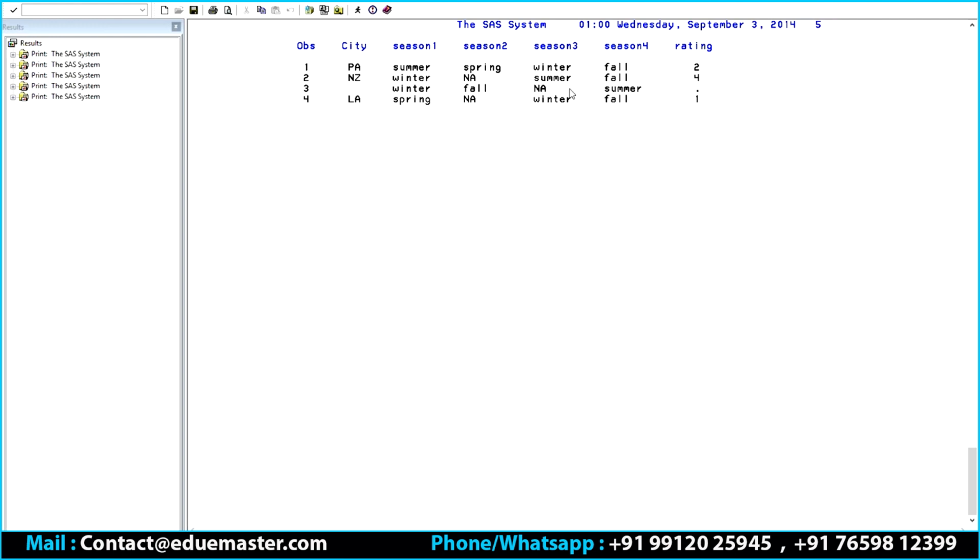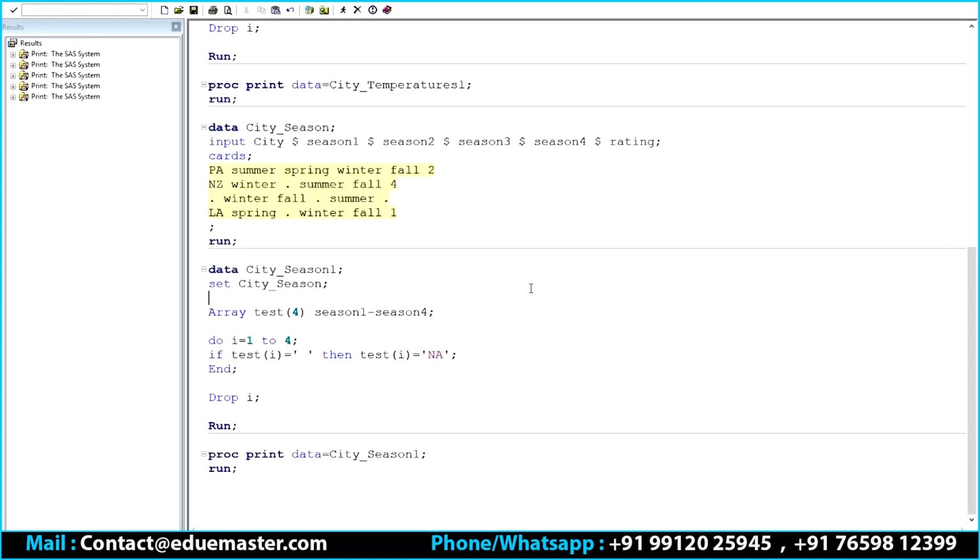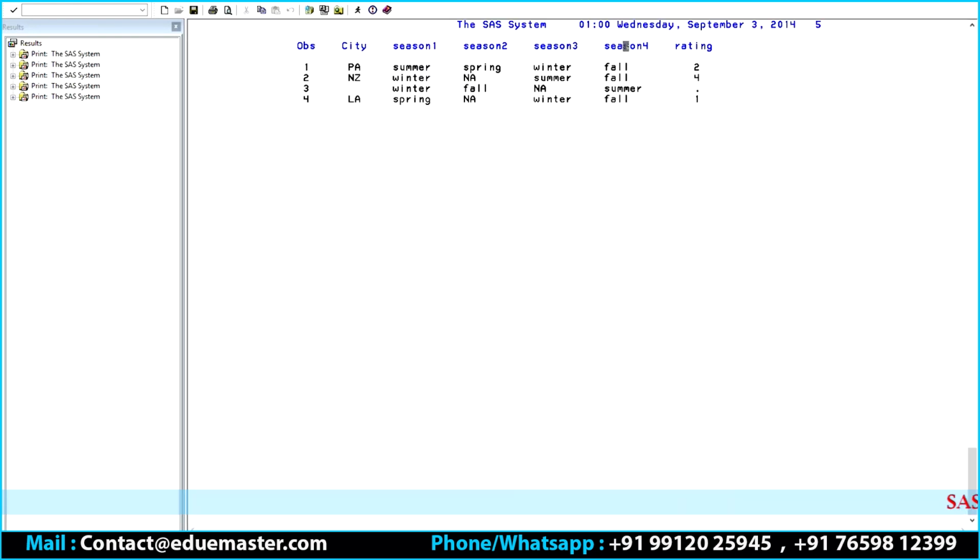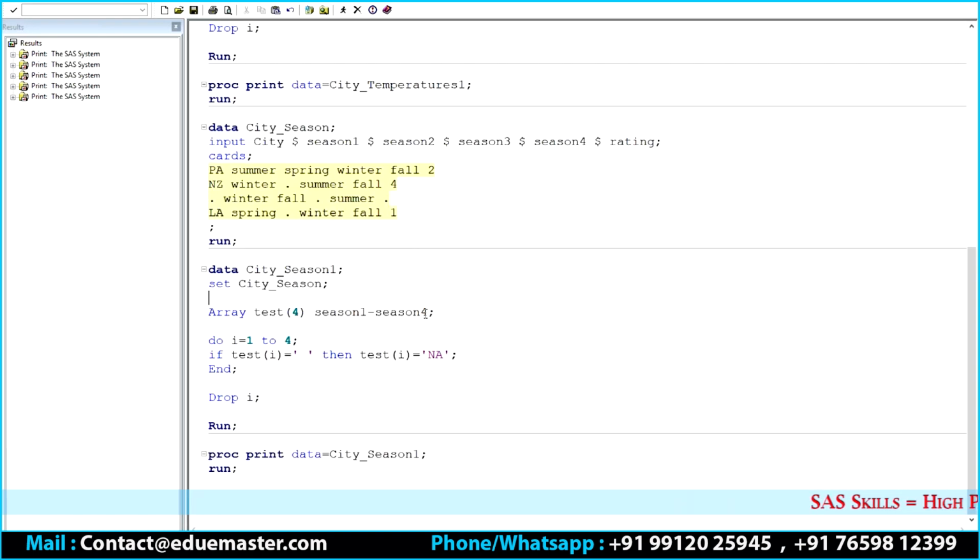It will not replace the city value. It will just do for season 1, 2, 3, 4. But if you want to do for all the character variables, similarly, it will not do for rating because rating is a numeric variable and also we didn't specify it in the list. If you want to do the same condition for all the character variables, then use underscore character